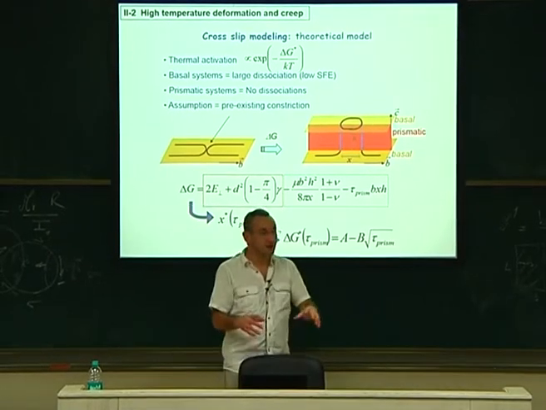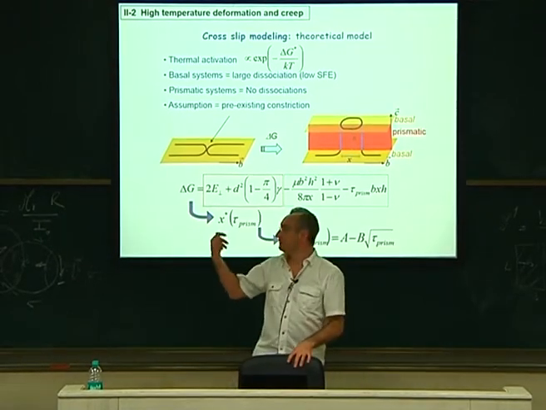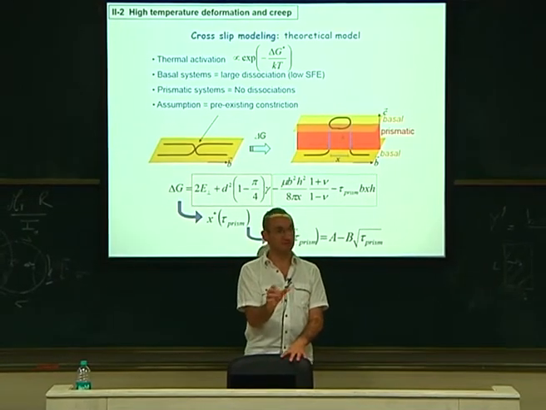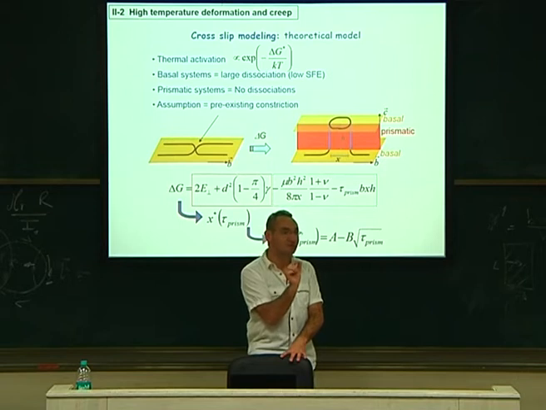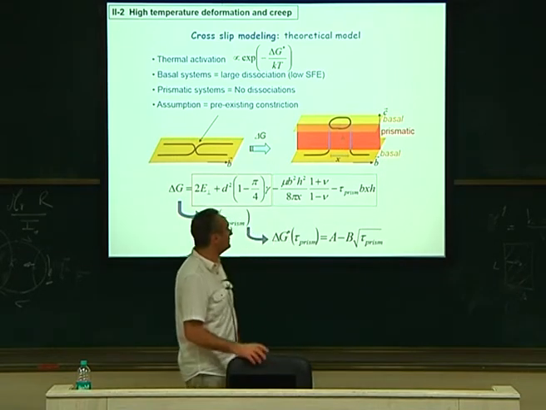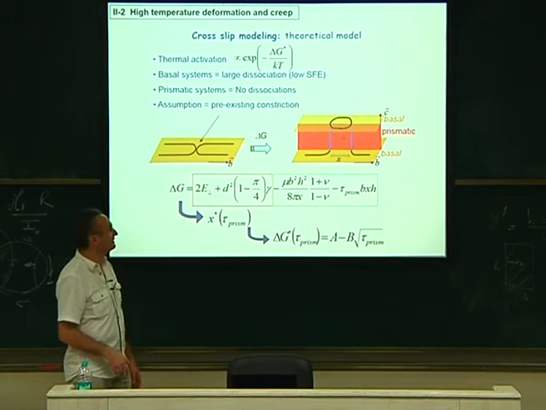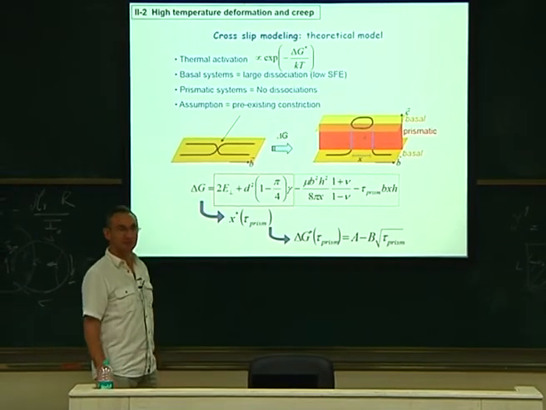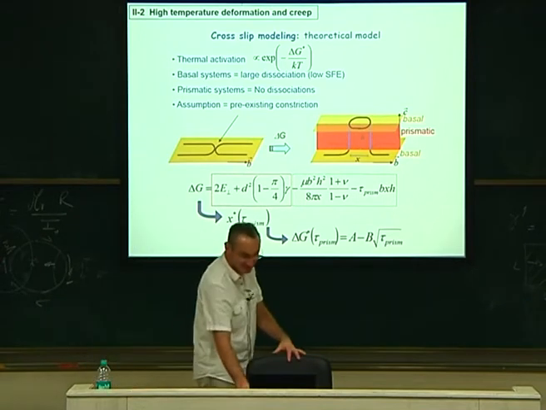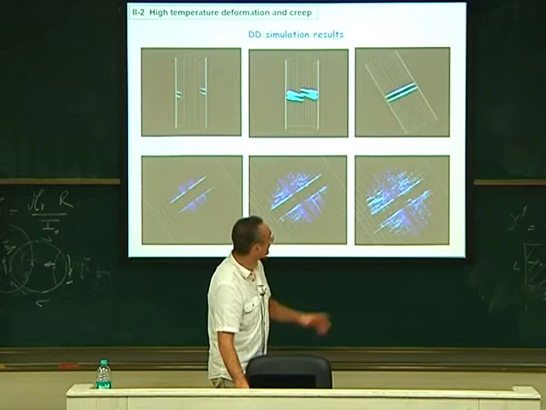I don't care about that because the specimen size is 10 centimeters by 5 centimeters. So just imagine the dissociation length, how small it is compared to that. So it's not a zoom on the DD code. It was my largest scale dislocation dynamics simulation, actually. It was 5 centimeter grains in DD. This is very big.